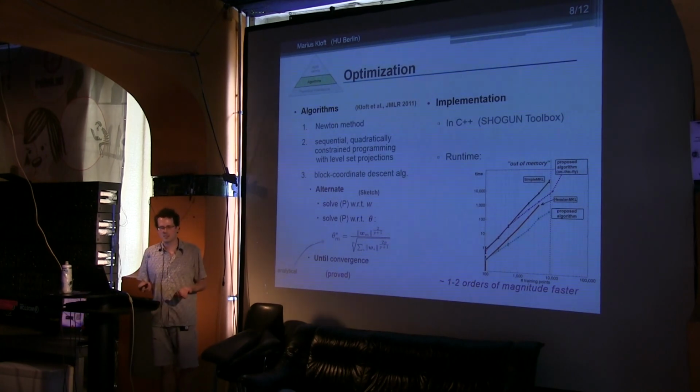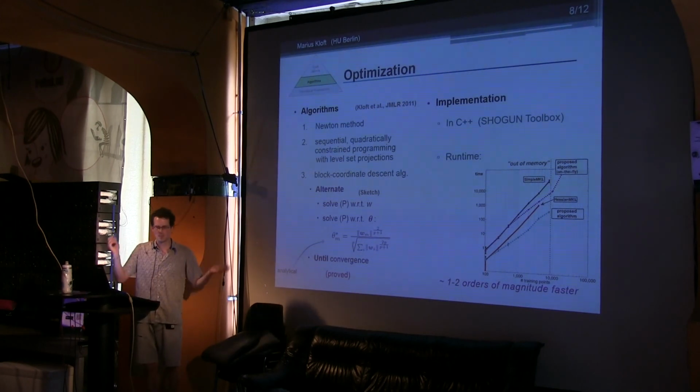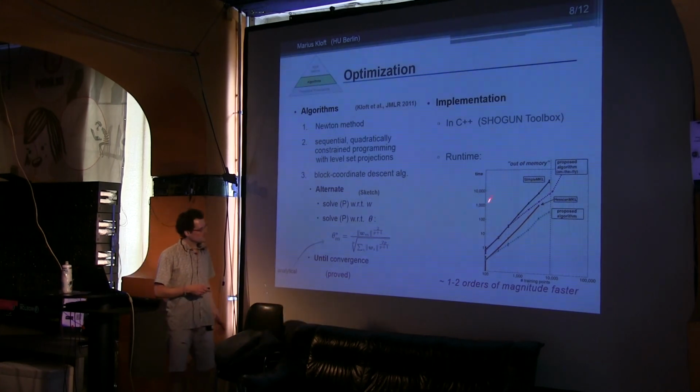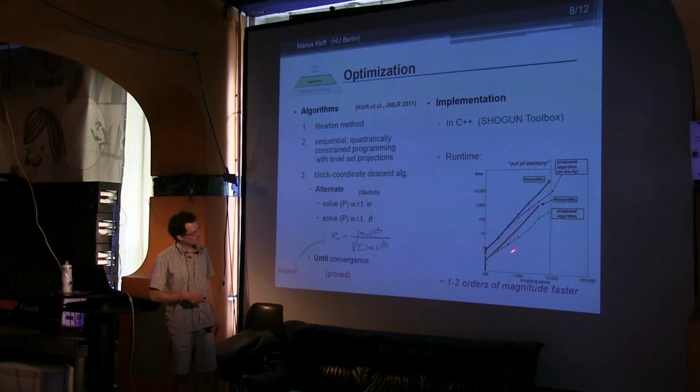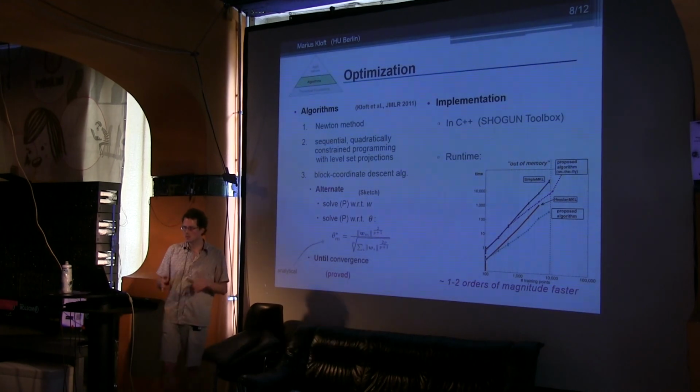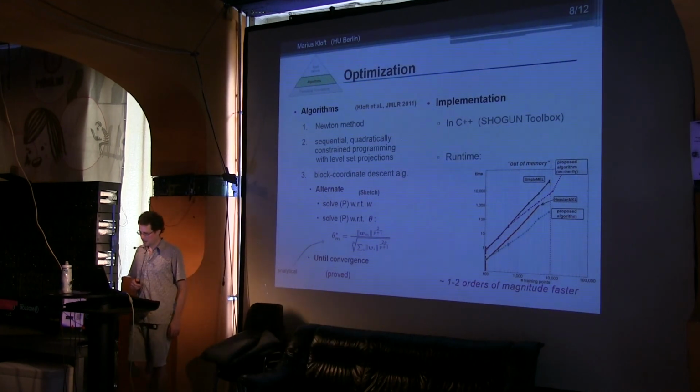Now you can imagine if you implement an optimization method that performs 10,000 or 1 million iterations in MATLAB, it will not be fast, right? So we implemented this, of course, in Shogun, and it's about 2 orders of magnitude faster than